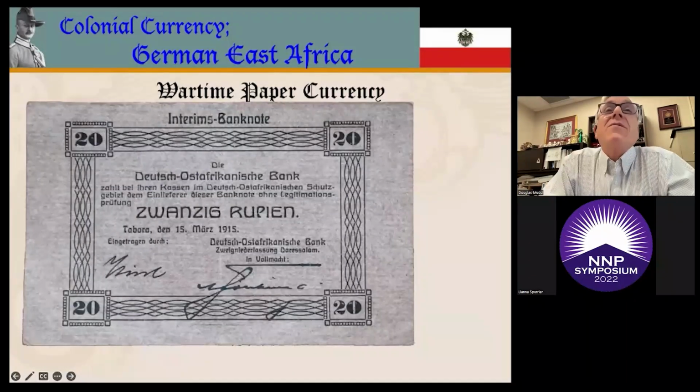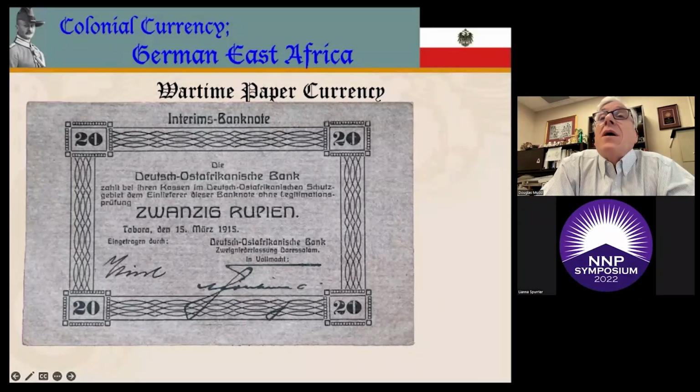With the flow of money from Germany having been cut off, a shortage of coins quickly developed as hoarding became common. By early 1915, the situation had become critical, forcing Governor Schnee to order the Deutsche Ostafrikanische Bank to print an interim money supply. The issue of these interim banknoten was restricted to the duration of the war. How and where were the notes printed? A good question, because with no local paper manufacturing and limited local printing capability, what were you to do?